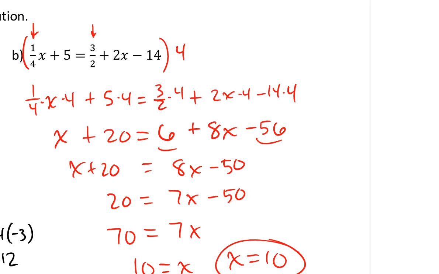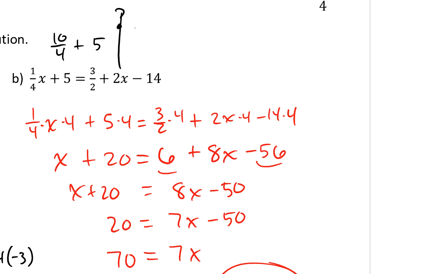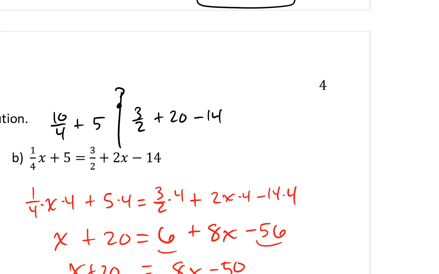So let's go ahead and do this. I'll just write it up above here. Here's my check. So I'm going to have 10 fourths plus the number 5. And on the other side, I'm trying to see if that's equal to 3 halves plus 20 minus 14. So if I combine 10 fourths plus 5, I believe, well, let's see. Let's do this. 10 fourths